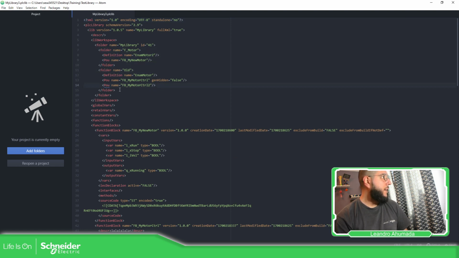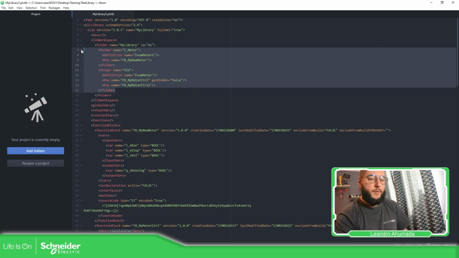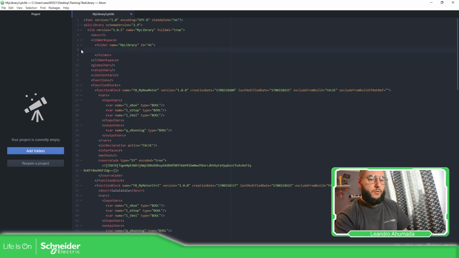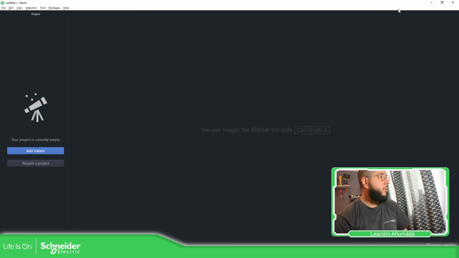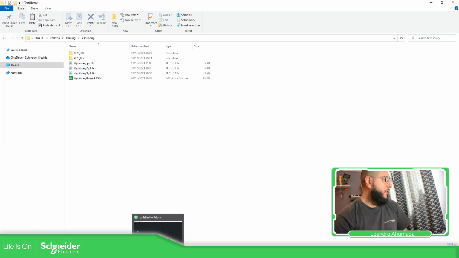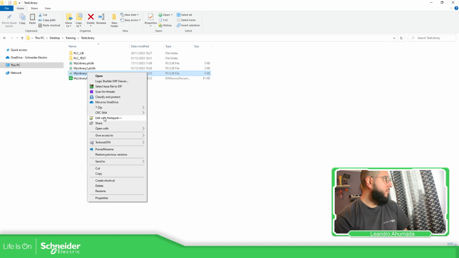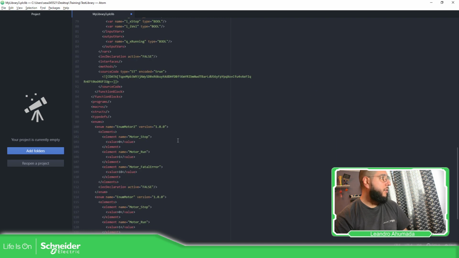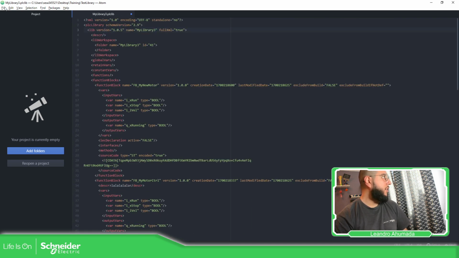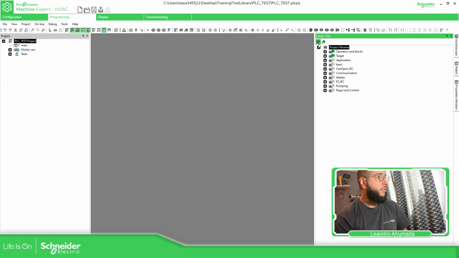So what happens if I delete this part over here? Let's delete this, file, save, close it, and then edit Notepad. Maybe I should change the name. Here, my library 3. That's a different name. The function blocks are still here, but the only thing I have deleted is the organization of the blocks, those folders. So if I go back again to the software,